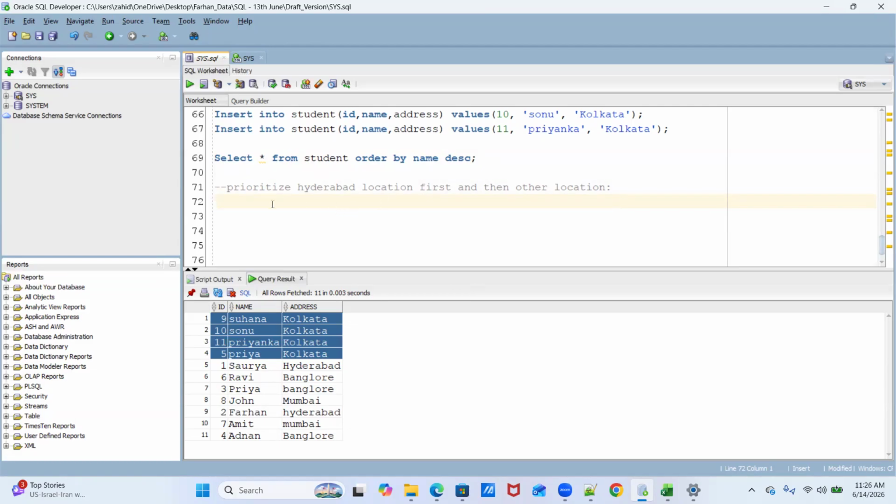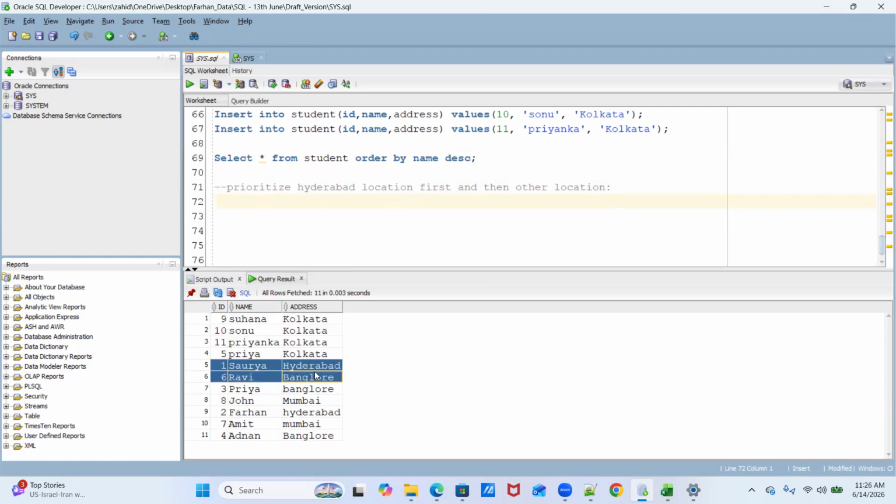So what we are trying to achieve here is, let's say we have these two records. My intention is to bring all these records first, and then I want to sort the other addresses based on location.